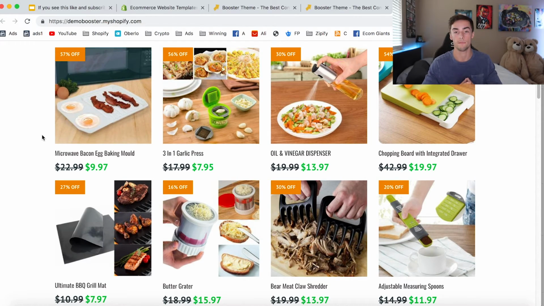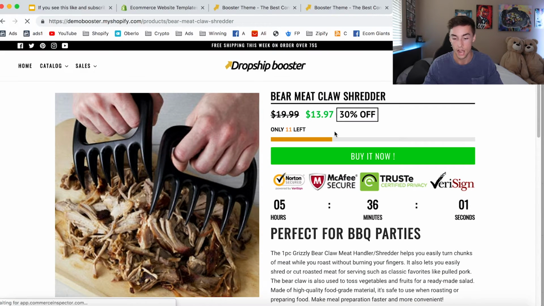But this is a great theme for general stores in particular because you can literally list any kind of product on the store and it'll probably do well. Let's click on the product page. I like a couple things about this product page and there's a couple things I don't like. The first thing I do like is how they have the title and then that little line. I really like that, it kind of separates the product from everything beneath it.